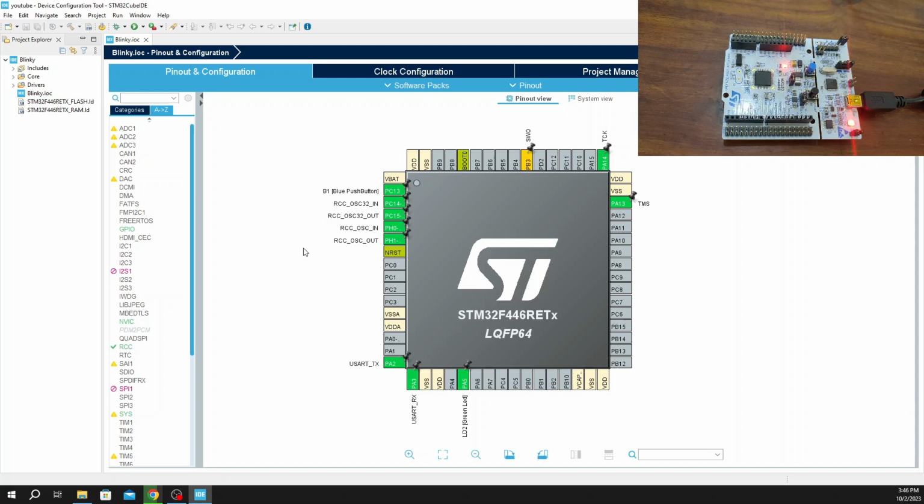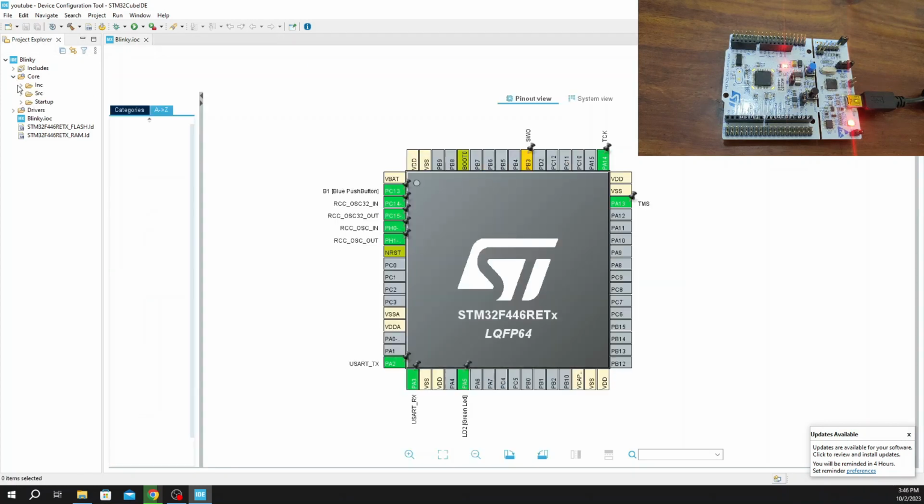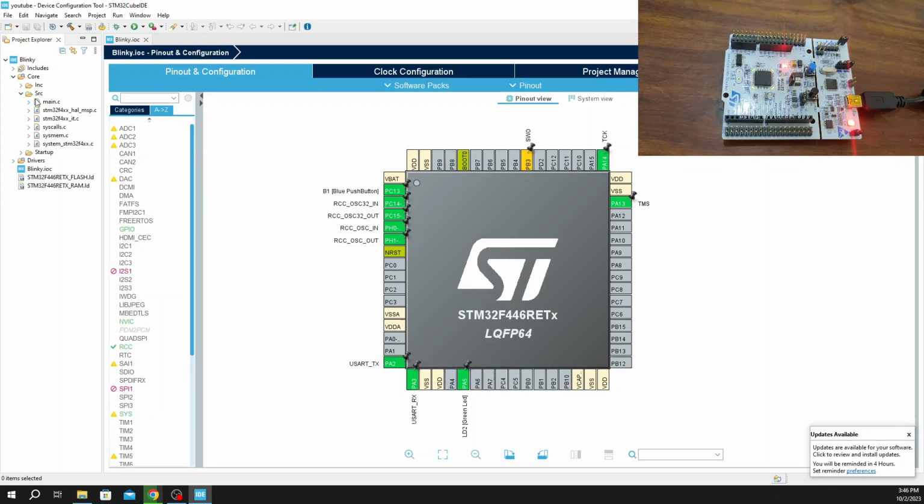So right now we don't need to do anything. We'll just go to the project explorer here. In the project explorer, we'll press the arrow next to the core, and here you will go to source and then double click on main.c,